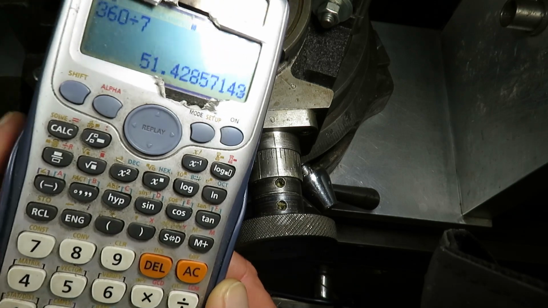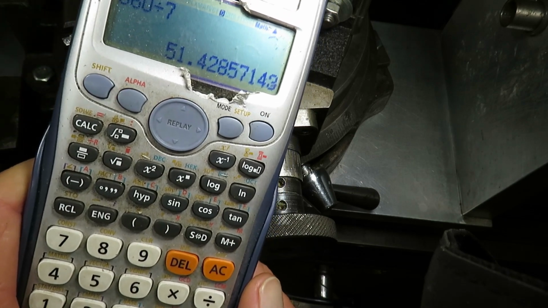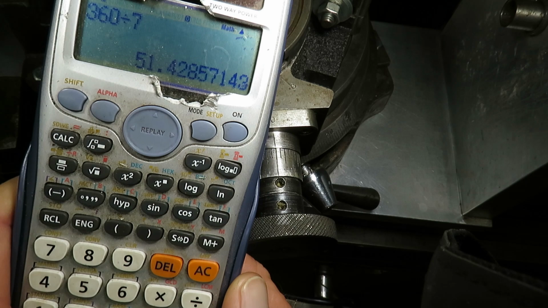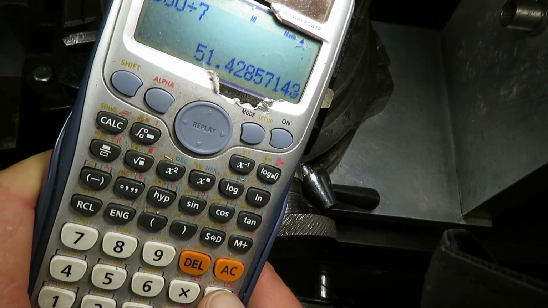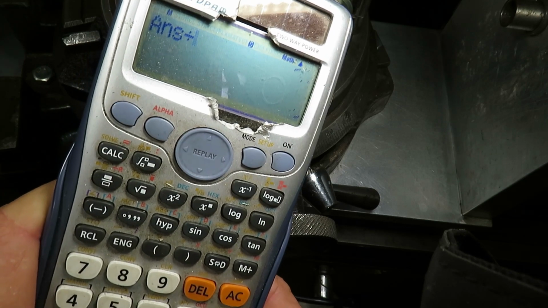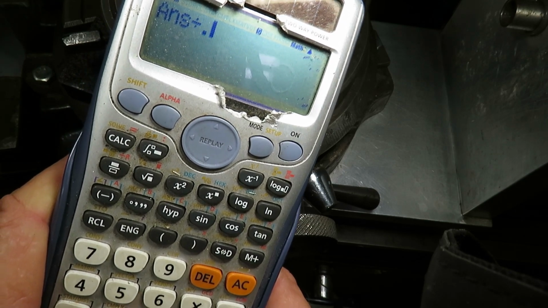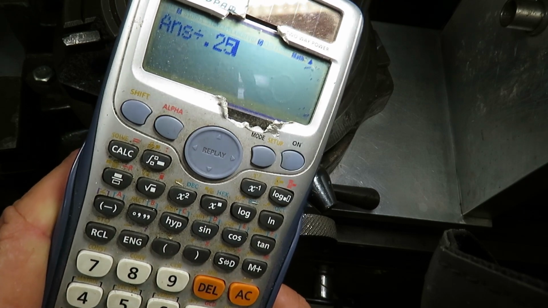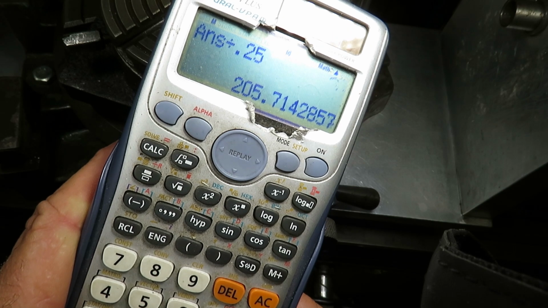Okay. So you take this 51.428 degrees and divide that by the value of each tick, which we found to be 0.25. And you get